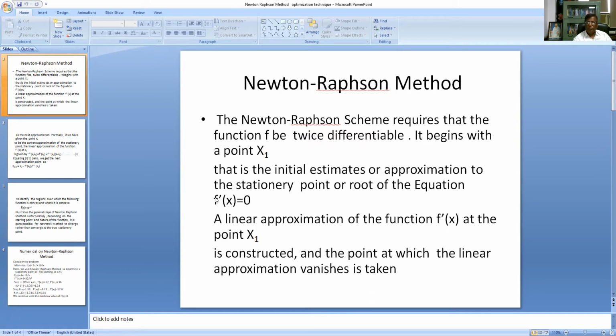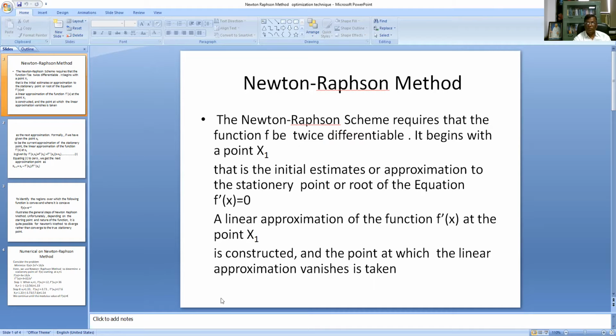So you see here f dash x is equal to 0, and means the differentiation of the function is equal to 0, and just by solving this you can get the critical values or the critical solution or a stationary point